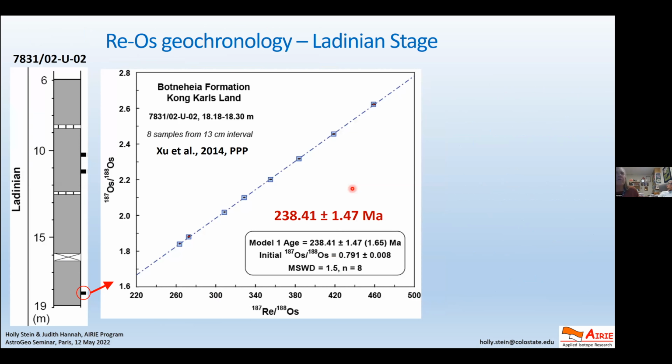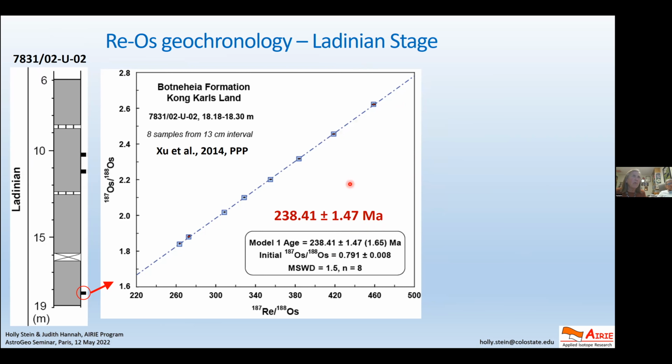Here's an example of one of the isochrons we got during this study, trying to pin down the Lydidian stage in this particular unit. And we got a very nice isochron. This is a good uncertainty for what we were used to, less than about 0.5%. But we need to have it better than that to look at this 400,000 year eccentricity. So how can we get that down?